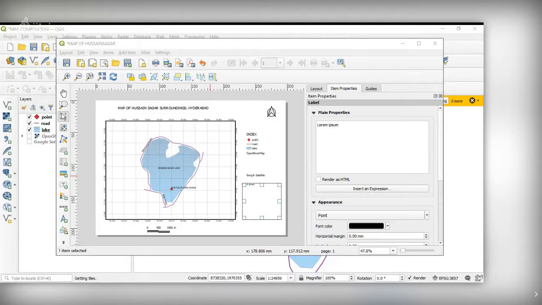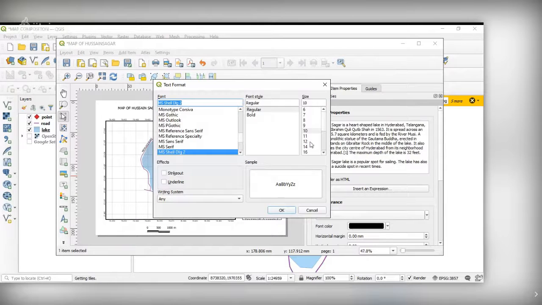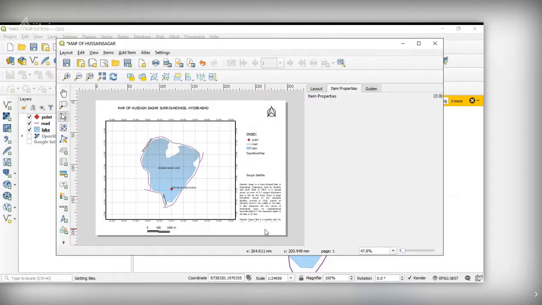This I downloaded from Wikipedia. Now I'm selecting that information and putting it in the map. The text size I'm keeping as 10 only. So what else? You have a map, you have a title, a scale, a north arrow, an index, and some information about the map.